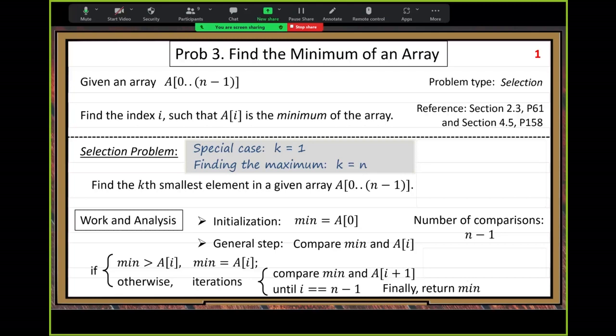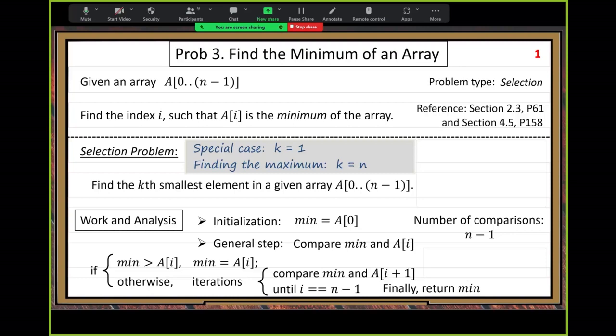We want to see that. Can you do better than this one? Better than n minus 1? For example, can you do n minus 2 comparisons to solve this problem? That's the question of our